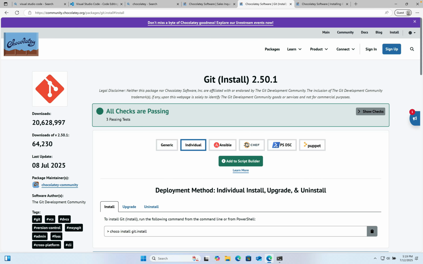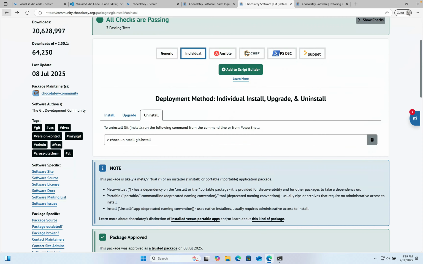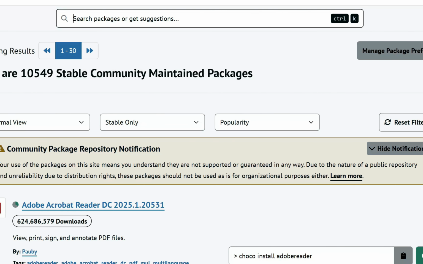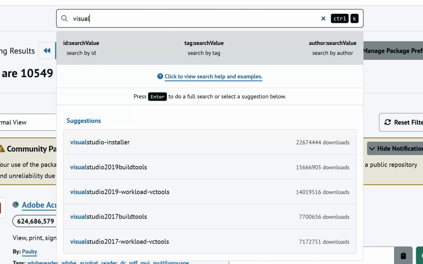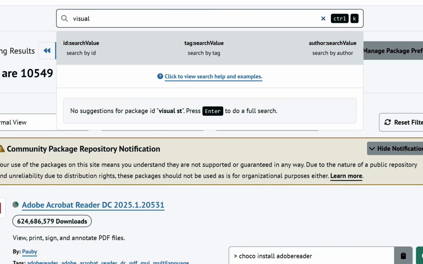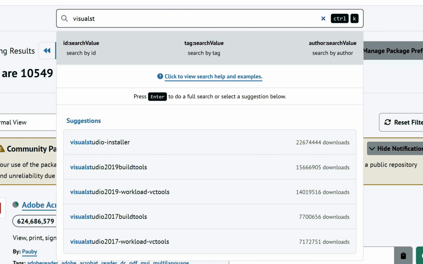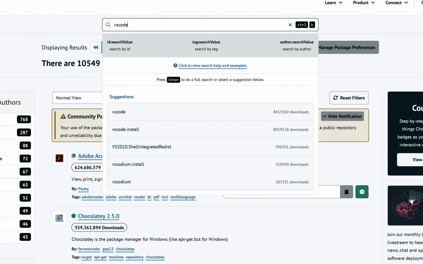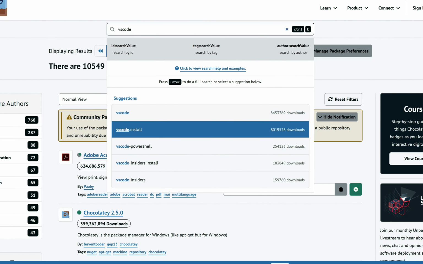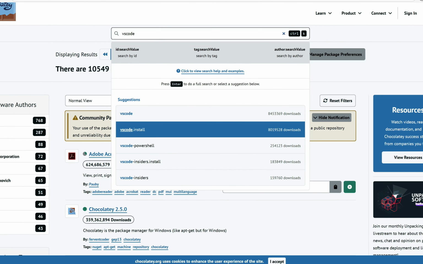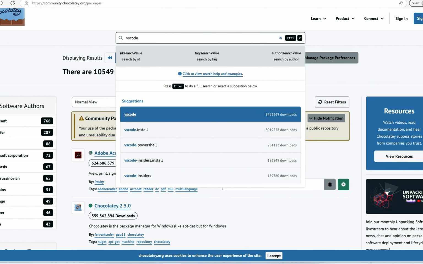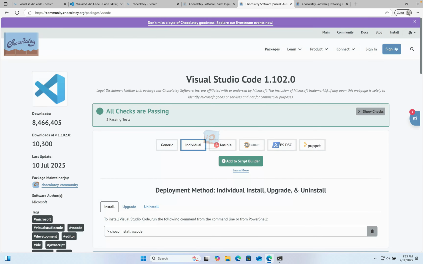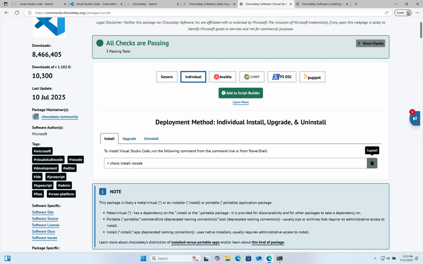So there are a couple of other softwares we can install. I'm going to go back and install Visual Studio Code. I'll just type vscode. All right. Yeah, here we have it. So I'm going to click on this. Or rather, I'm going to click on this because it has more downloads. So I'm going to just copy this,